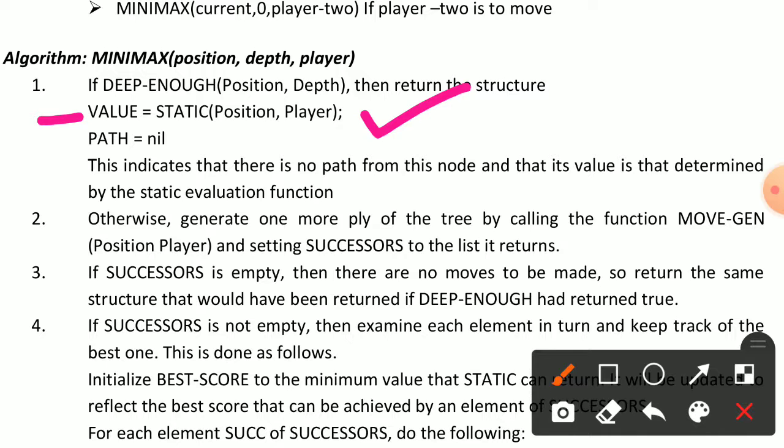Second step: otherwise generate one more ply of the tree by calling the function MoveGen (position, player) and setting successors to the list it returns. Now in the second step of the algorithm, we generate one more ply, okay, and here we use the tree.